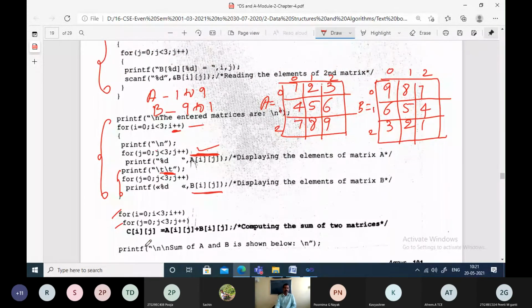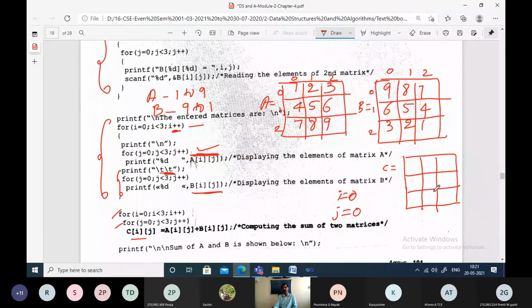Now how do we perform addition? So I will start with 0, again J will start with 0. You can trace this code in detail later. So I'll explain few iterations. I is 0, J is 0. The condition is true. C of ij means the addition of these two I am writing somewhere here. So if you assume this as C matrix, which will store the sum of these two. Which will store the sum of these two. 0, 1, 2, 0, 1, 2.